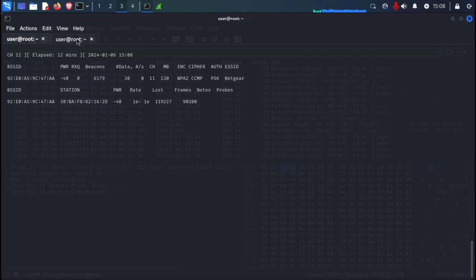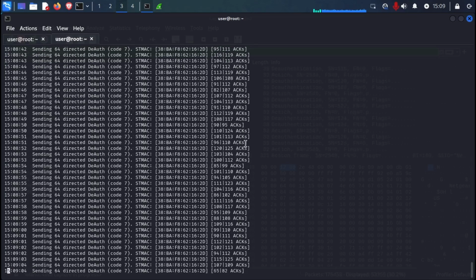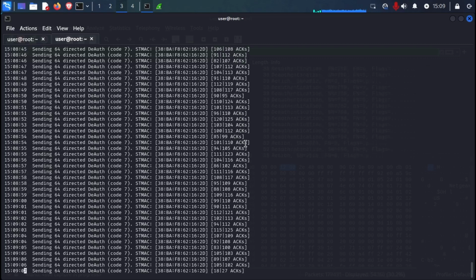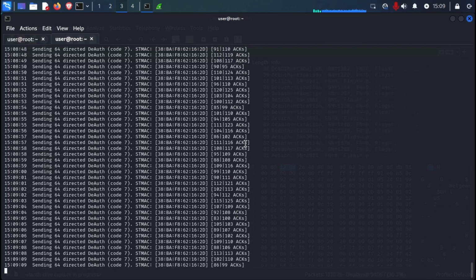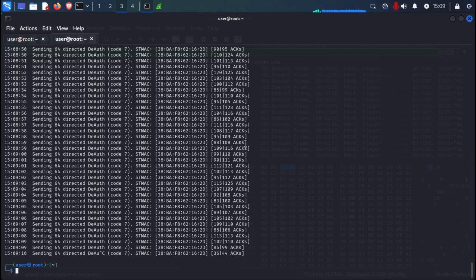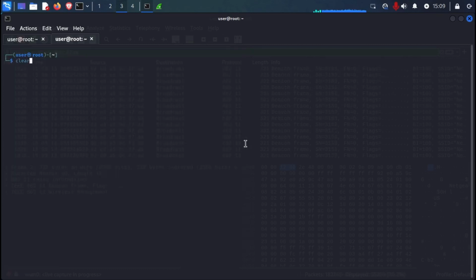So another thing we can try, because it's been 12 minutes already, is to deauthenticate it like a broadcast, so without a specific device. Which usually is supposed to work. Maybe we need to wait a little bit more time, but I'll try the other way, which is just without the client. So I believe it should just be --bssid